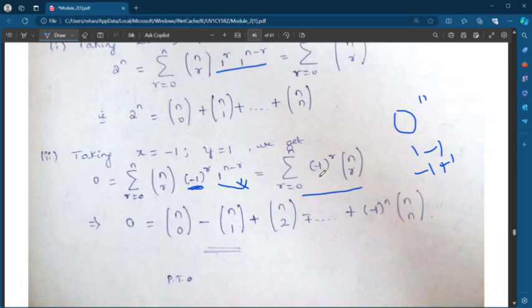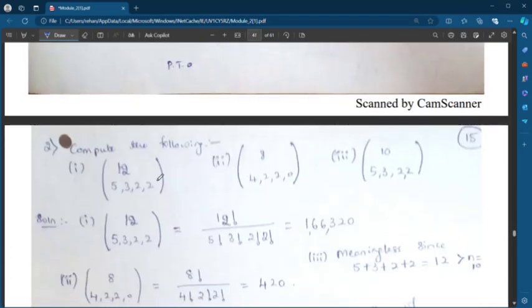If you put 1, minus 1 to the power of 1 is minus 1. So minus of n by r. Then minus 1 to the power of 2 is plus 1, plus 2r, like that. Simple. Okay, same way they have asked us to compute the following: 12, 5, 3, 2, 2, 8, 4, 2,